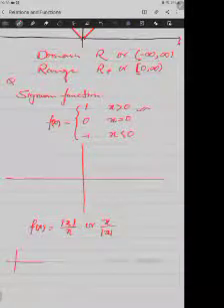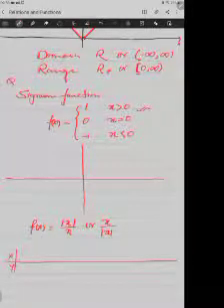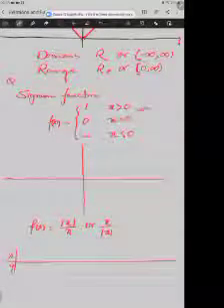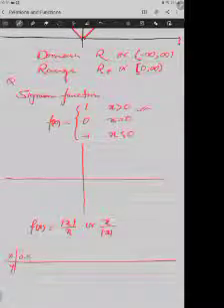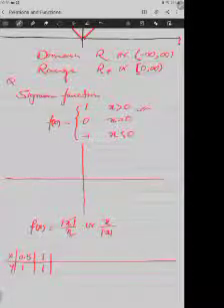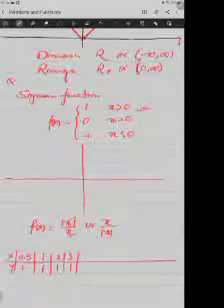Table formation, x, y. If I put 0.5 over here, then I think you are able to understand that for 0.5, the x value is 0.5. So it will be 0.5 upon 0.5, and we will get 1. If I put 1, then 1 upon 1 will be 1. If I put 2, then 2 upon 2 will be 1. If I put 3, then also it will be 3 by 3, 1. If I put 1.5, then 1.5 upon 1.5 will also be 1.